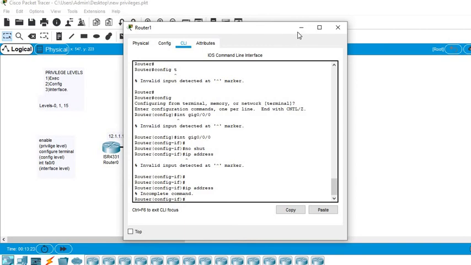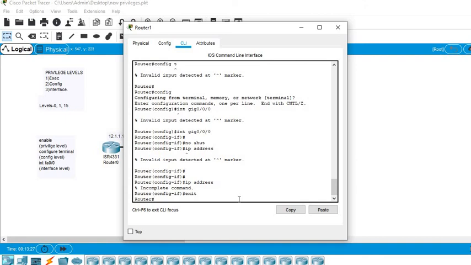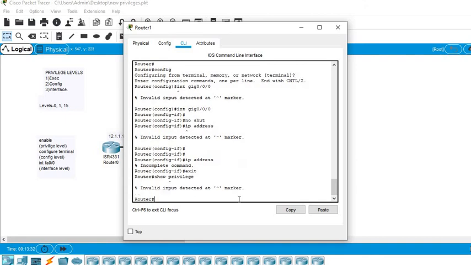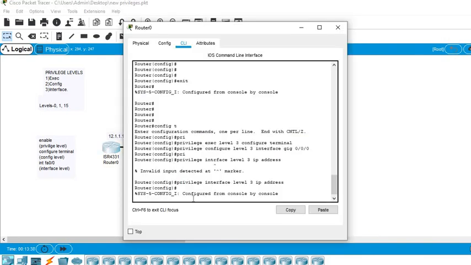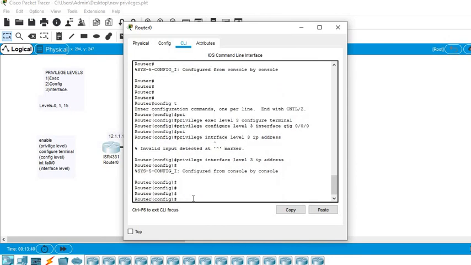If you want to check a person's privilege, I'll type show privilege. You can see the command is not enabled here, because the show command is under the exec mode.